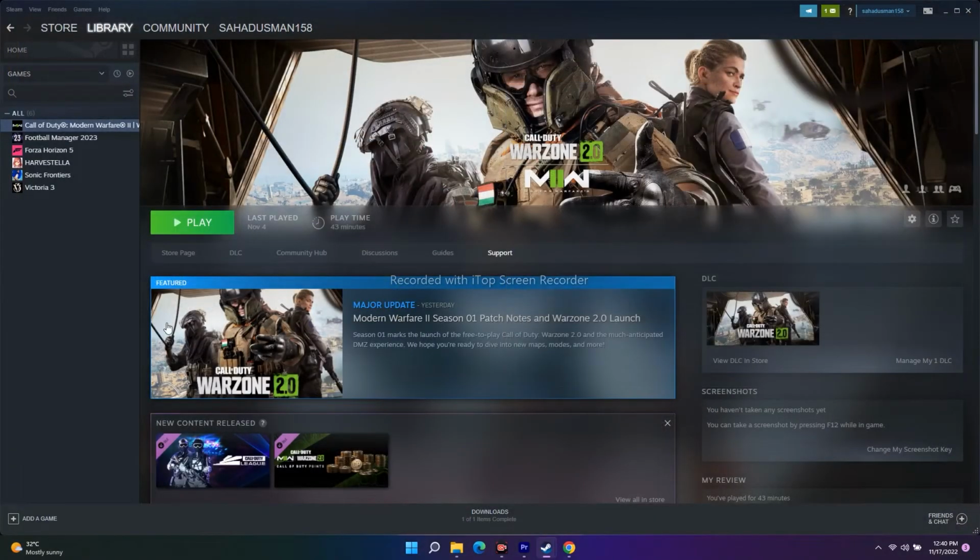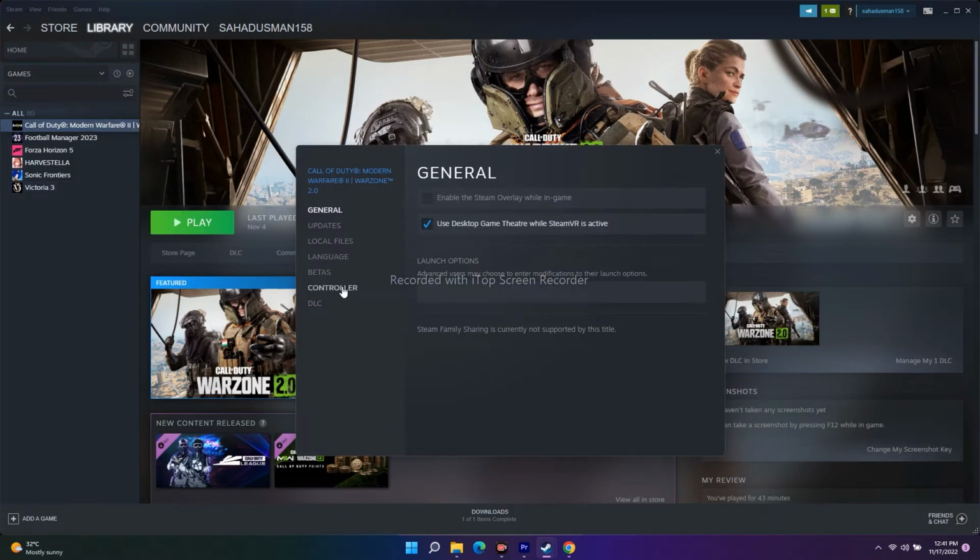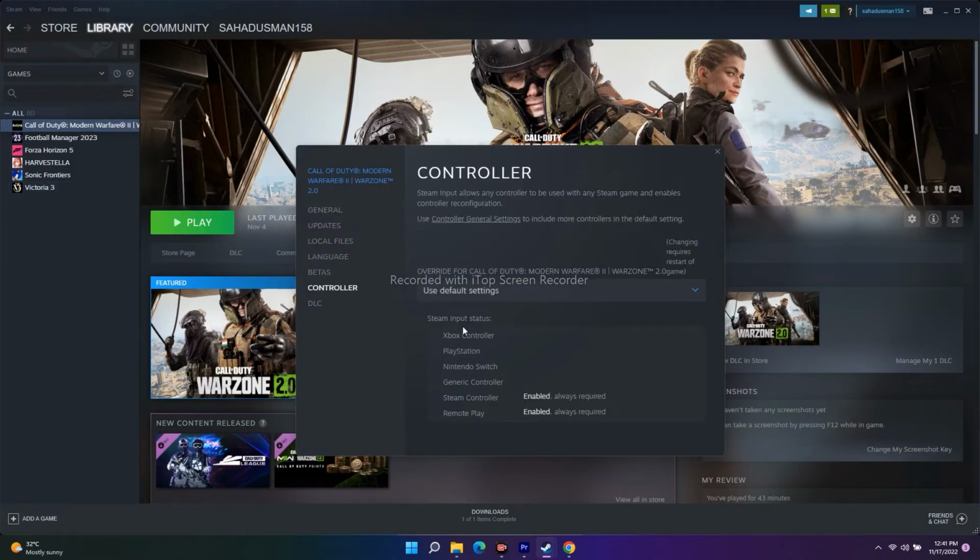So this is just a basic step that you try from your side. Moving to the next one, which you also have to do with Steam itself. For that you just have to click on the game over here, right click and go to properties, go over here on controller, and from here, as you can see, override for Call of Duty Modern Warfare, you just have to change this to either